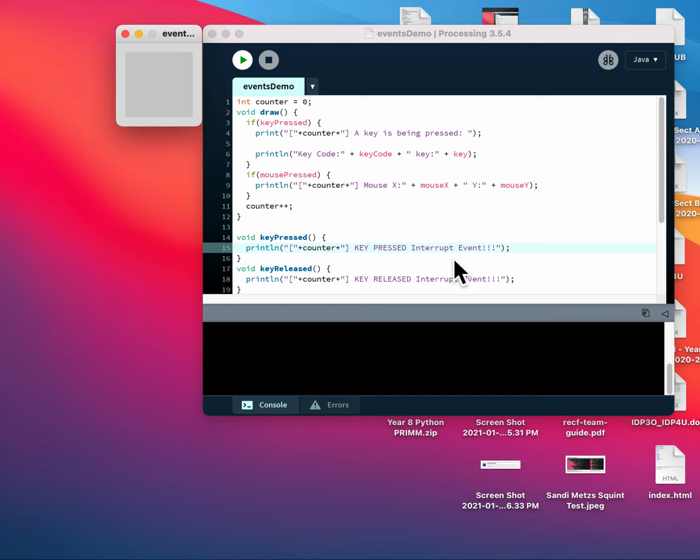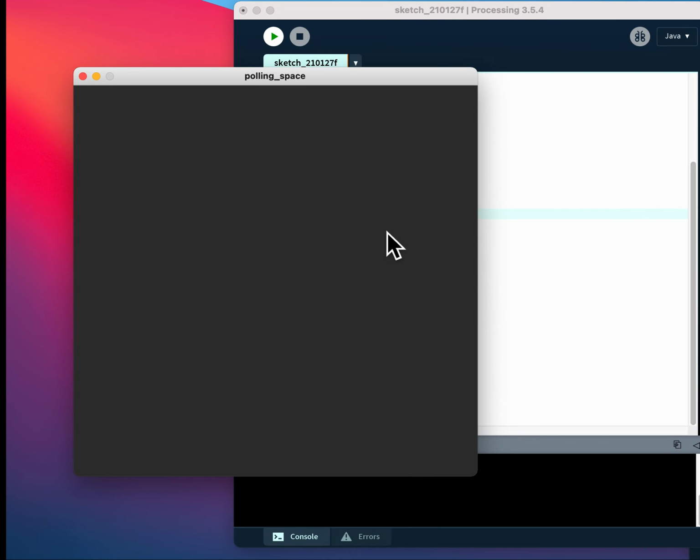An interrupt means stop everything, do this code, and then go back to what was happening before. So if I press the mouse, it will stop drawing, it will push this out, and then it will keep drawing over and over again. It will immediately jump over, do this code, and then come back, even though we haven't called the method from in here, which is a bit of a weird thing about GUIs and event-based programming. With interrupts, they just happen. They seem to just happen because they're getting called by the program via the operating system. All right, so let's build on this a little